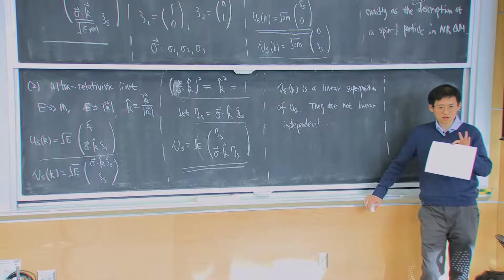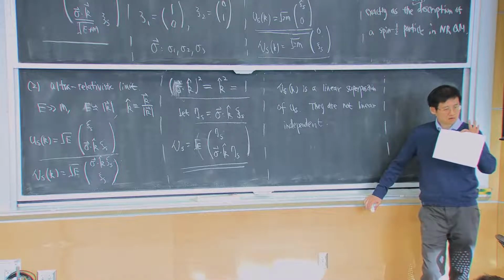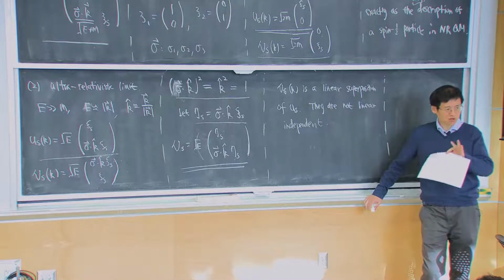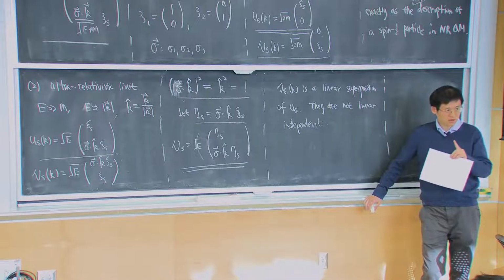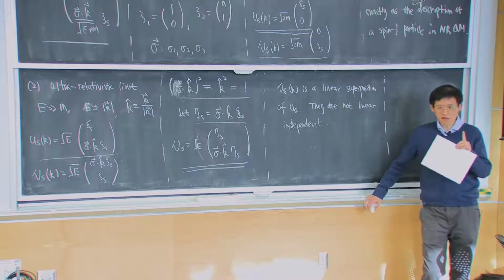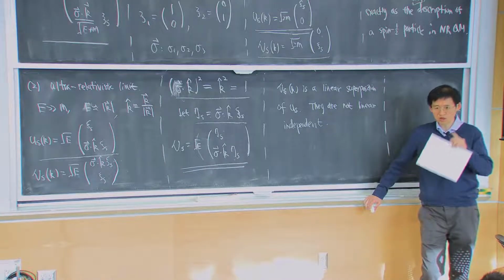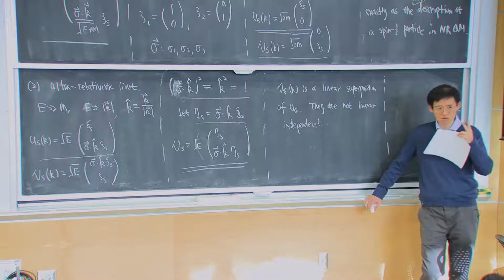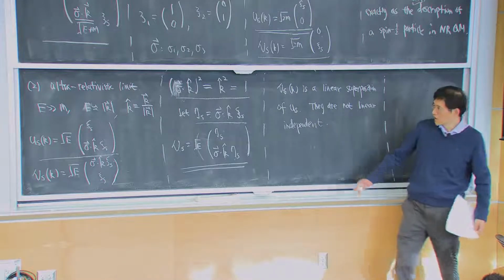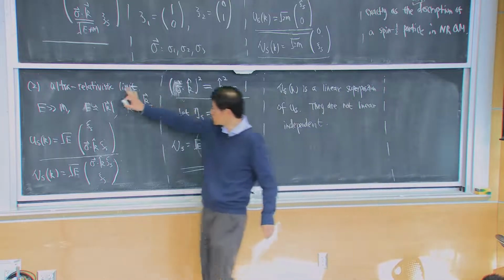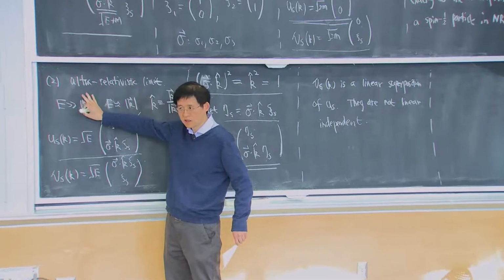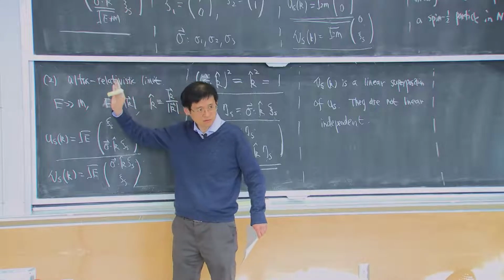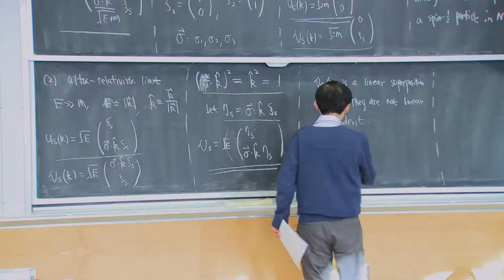But we also mentioned that in the massless case, set M equal to 0, actually you can use 2 components. Just use gamma matrices. So that means that if you solve a massless Dirac equation, you only have 2 independent solutions. And this ultra-relativistic limit is precisely like the massless limit, because the energy is much greater than the mass, and then you can neglect the effect of mass. Okay,